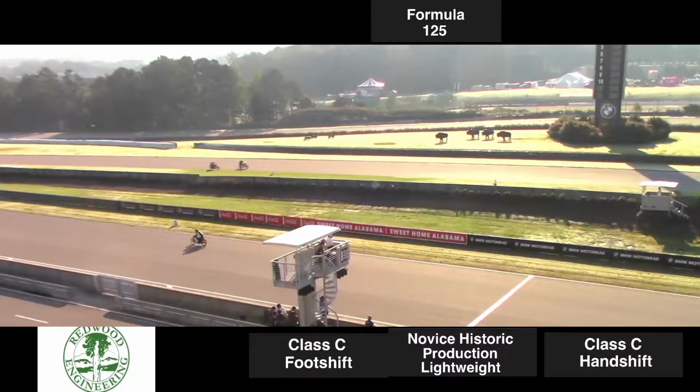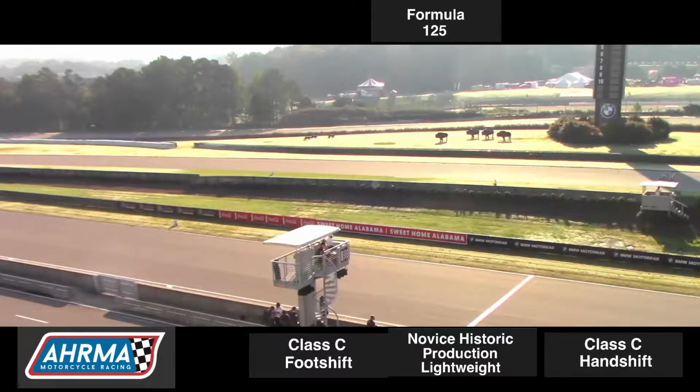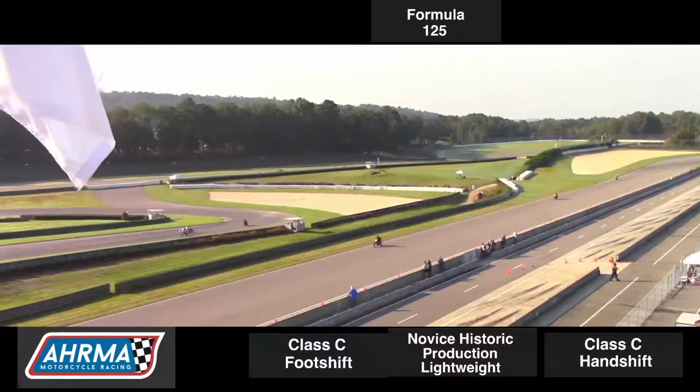Over the crest of the hill into 4 and down into 5. Llewellyn still leads Joe Corey by about 2 bike lengths as they run nose to tail down into the braking zone over into turn number 5. It looks like Llewellyn gets a good drive out of 5 and gaps out about 5 to 6 bike lengths